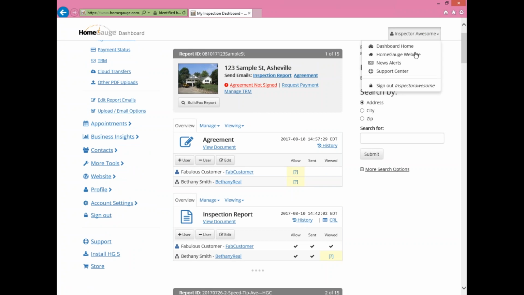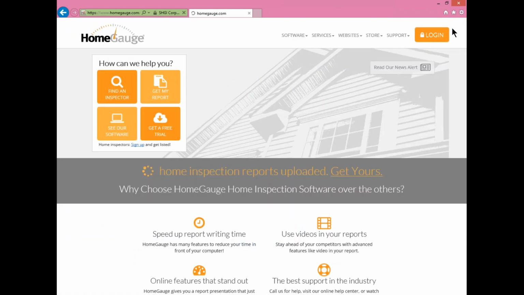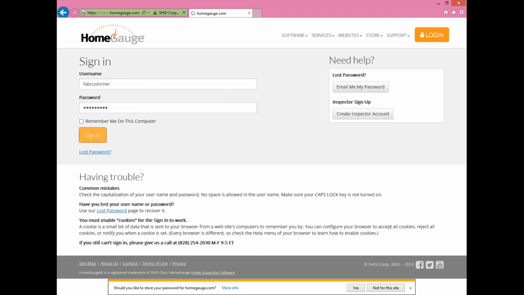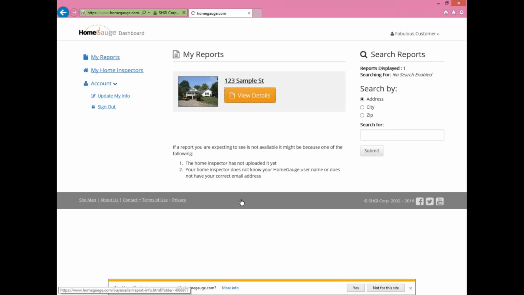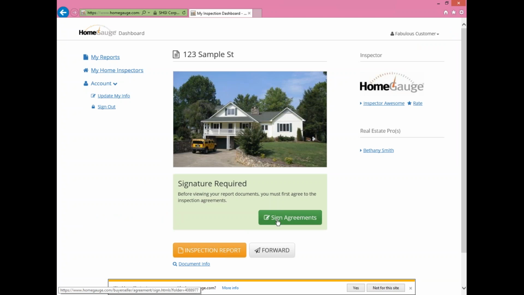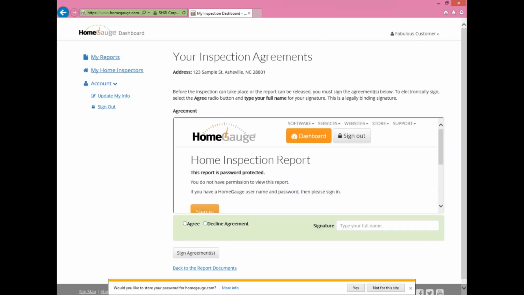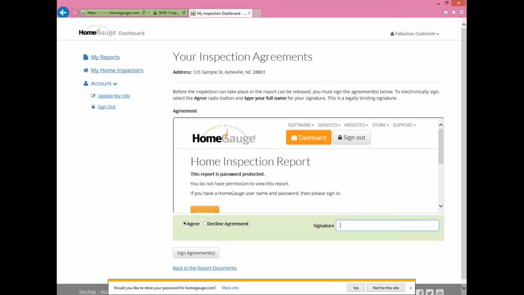So now that it says agreement not signed, if I log in as the customer, even though I've already seen my report, it's still going to force me to sign that before I get in. So let's see, customer. So now when I go to view it, I'm getting a big window that says, hey, you have agreements you need to sign. And I can go in now and I can agree and I can sign. You're seeing some kind of gobbledygook because I didn't really have an agreement there. We kind of did the end run, but